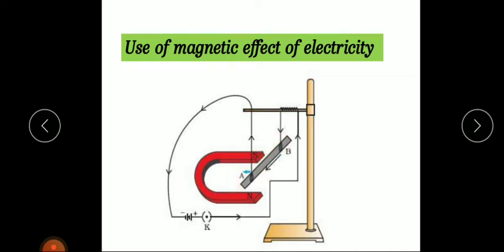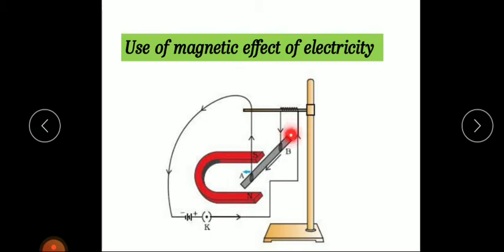And we know that whenever a current passes from the positive end to the negative end, what happens? Yes, there will be a magnetic field. So whenever current passes through a conductor, there will be a magnetic field, and this is a permanent magnet, so here also there is a magnetic field. So what happens when these two magnetic fields are brought in a perpendicular direction? Yes, this copper wire will experience a force.